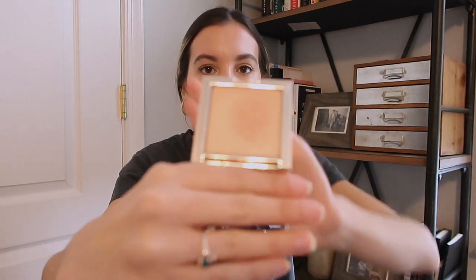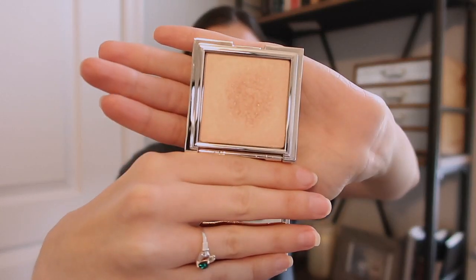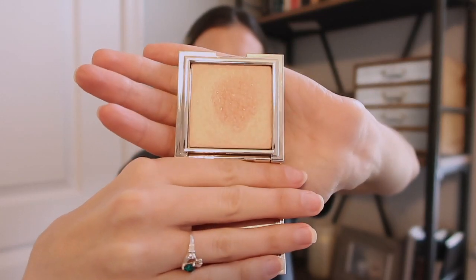Also, I've only used it a handful of times, and it already looks like it's been to hell and back. Like, look at that. I've used it like 3 times. I don't know. Moving on. I'm running out of places to put these products. There we go. So there's 3 products left in here, and next up we have this Makeup Forever Aqua Color